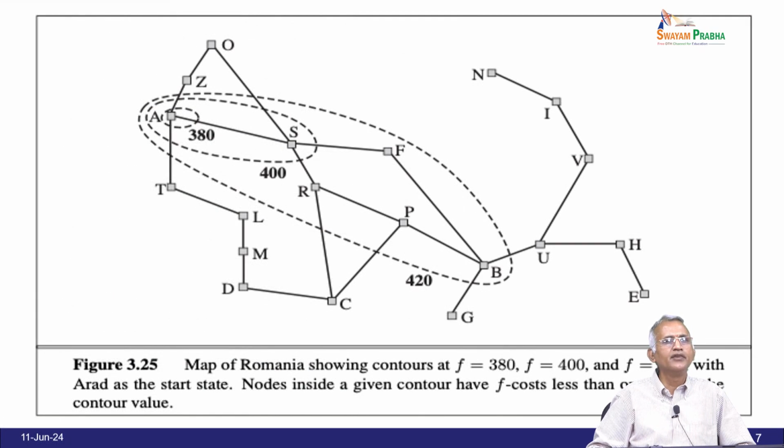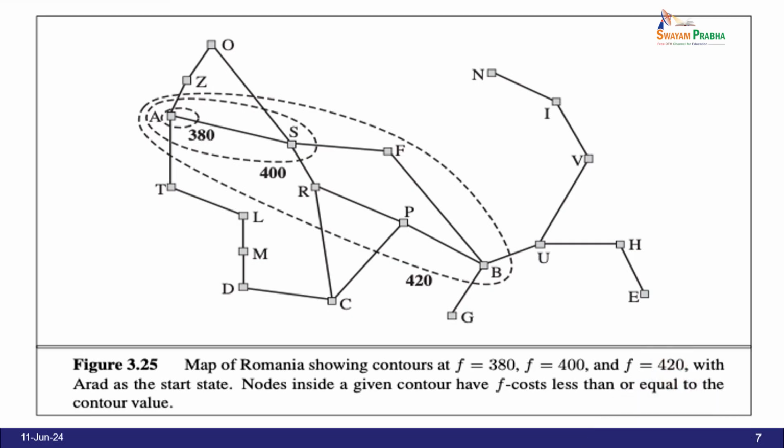And this is the map with contours. The innermost contour is 380 kilometers, the next is 400, and another is 420, with Arad as the starting state, and the nodes within a given contour have an f cost less than or equal to the contour value. So this can be used to identify whether a taxi driver can operate from the starting point to the destination,